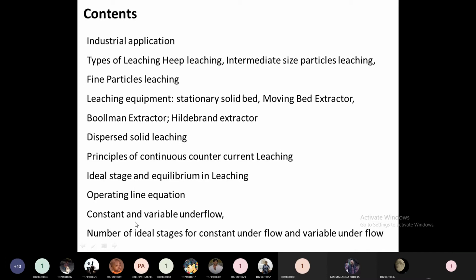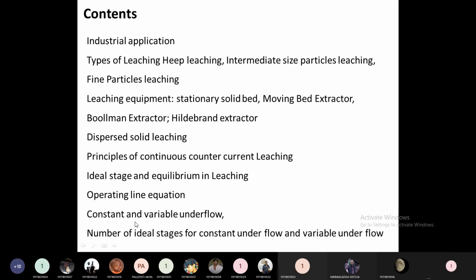Then constant underflow and variable underflow. When your solids content is constant, that will be called a constant underflow. When the constituents in the inert solid are constant, it is called a constant underflow. When it is varying, it is called a variable underflow. So we will see how to handle constant underflow and variable underflow problems.